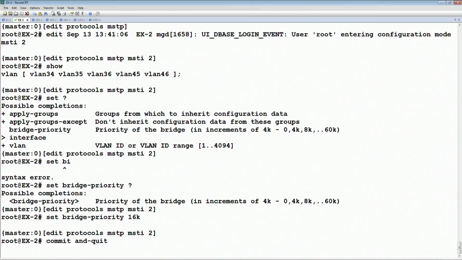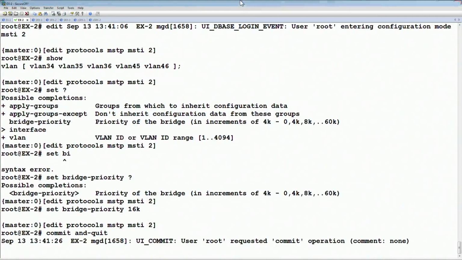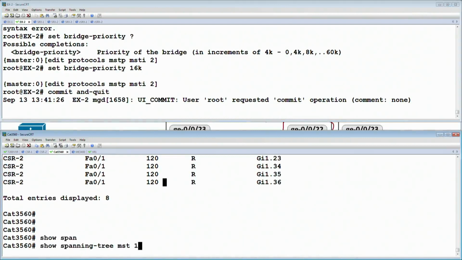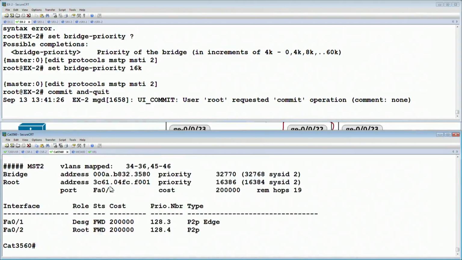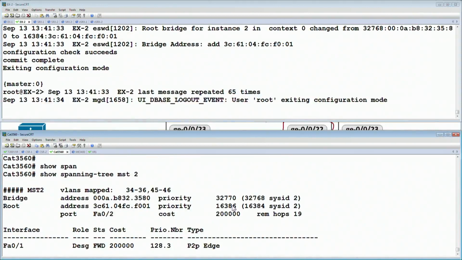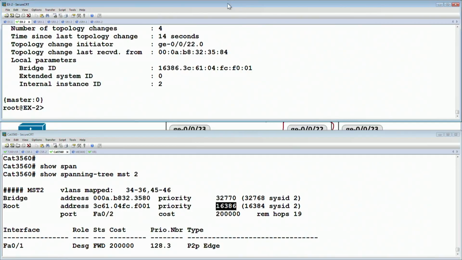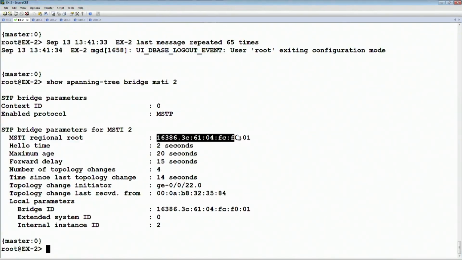Commit and quit. If we now go to the Catalyst side, let's say like the 3560, and show spanning tree MST2, we should see the new root bridge now has the priority of 16,000, or specifically 16,386. If we check on the EX side, show spanning tree bridge MSTI2, we should see now the root ID and the bridge ID are matching, so I am the root